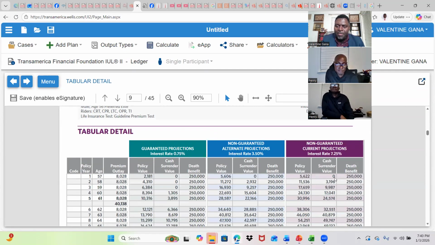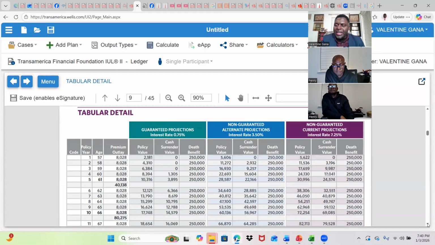Right here, as you can see, your cash is beginning to grow, but the death benefit stays constant. So you have to take your cash out before you die. If you don't take your cash out before you die, the company keeps your cash. That's what they call level. Level will pay you a fixed level death benefit. And that's why I've never written a policy that is level.